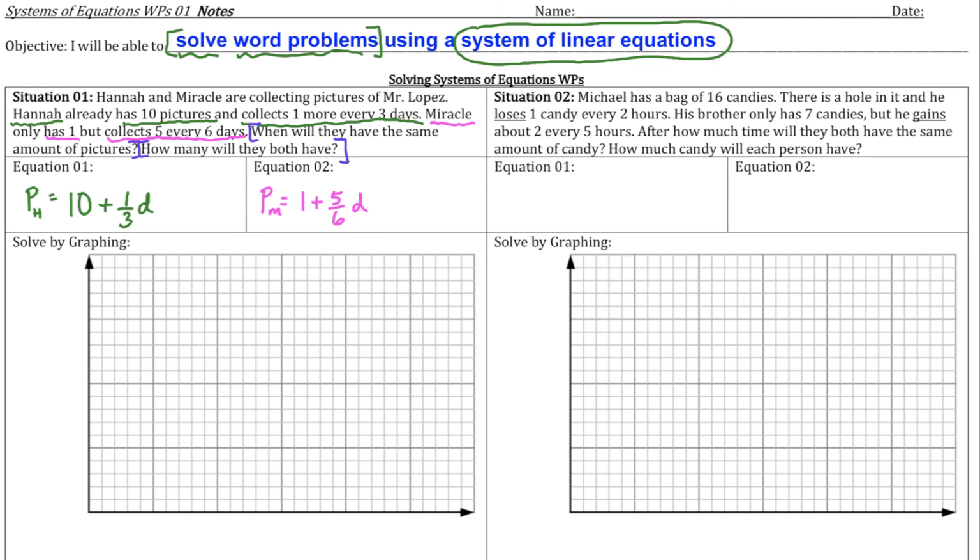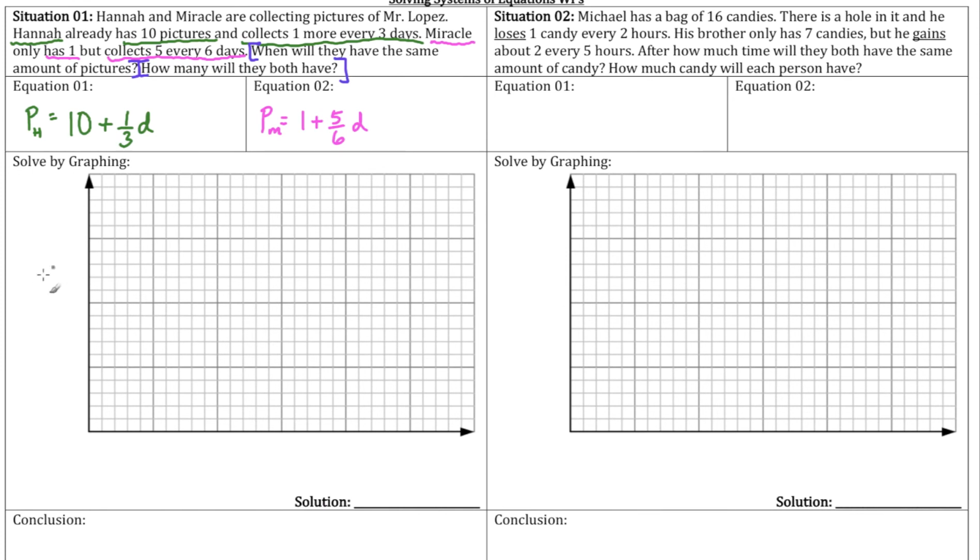Let's go ahead and graph these 2 relationships. So the y-axis is whatever you want to call it. It's the number of pictures that each of them has. I hesitate to say y-axis because really this is now the pictures axis, right? And this is the number of days. So maybe I should put pics and days. So we start at 0, 1, 2, and to help me out, 5, 10, and then this one's 5, and this one's 10. Okay,